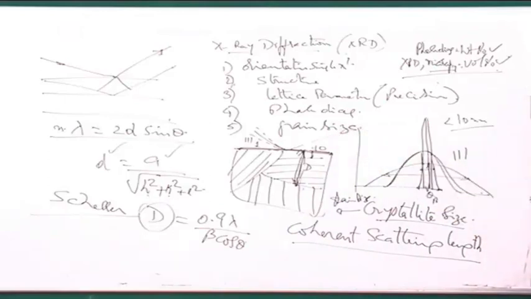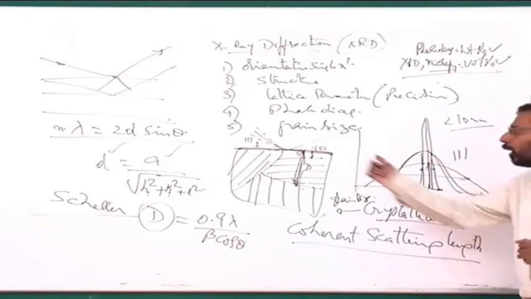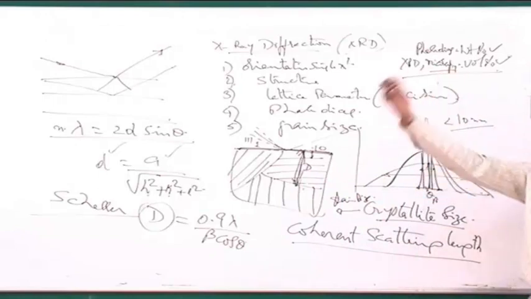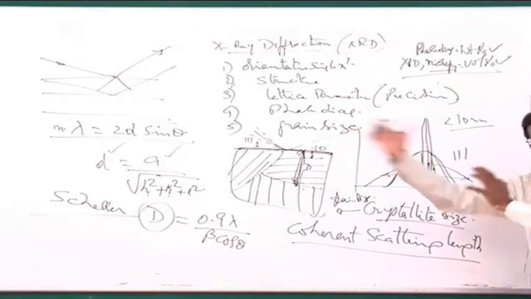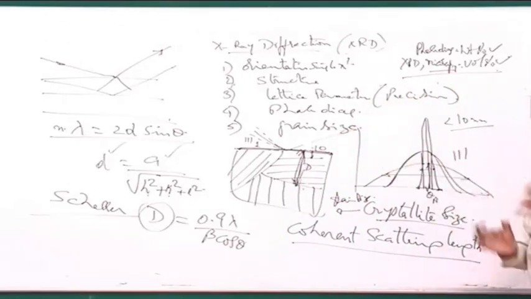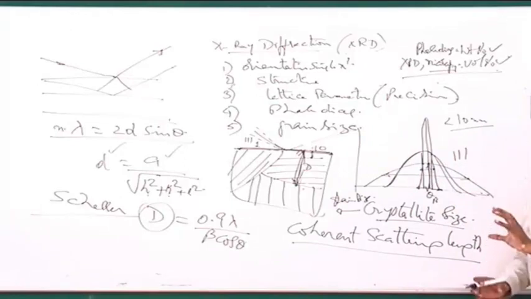Or if your particles are single crystal particles, there are some techniques by which people make single crystal nanoparticles. For example, if you use sol-gel kind of techniques, one single nanoparticle is one single grain. There are no grain boundaries inside the particle. If you take such particles and measure the XRD, the grain size you get is also the particle size. So grain size and particle size are the same in such cases, where one particle is equal to one grain.